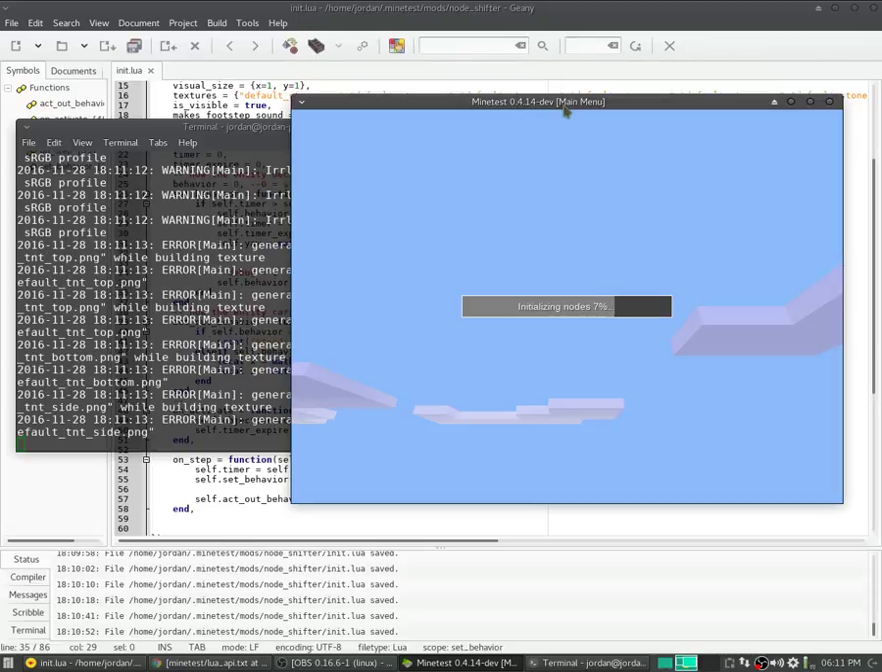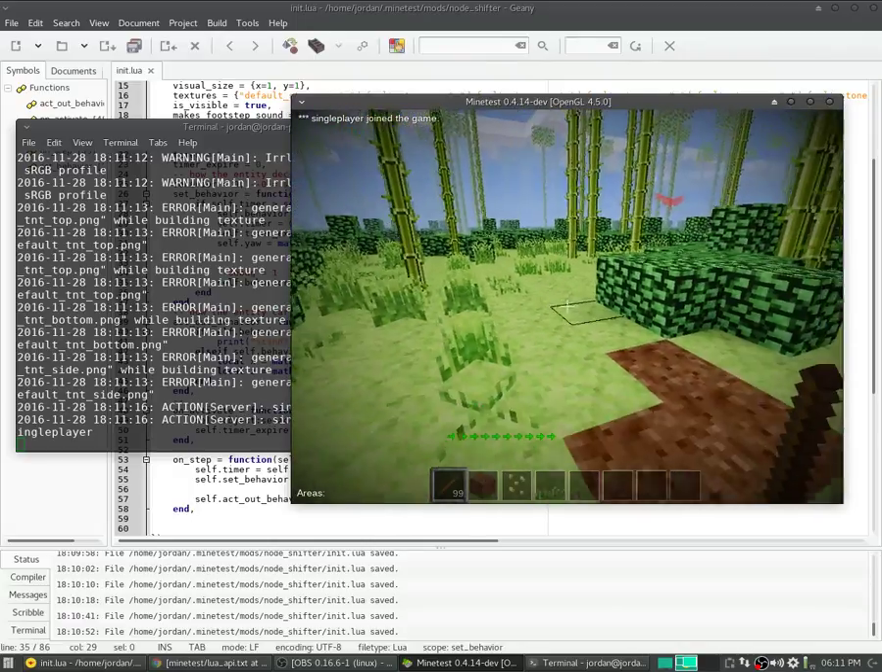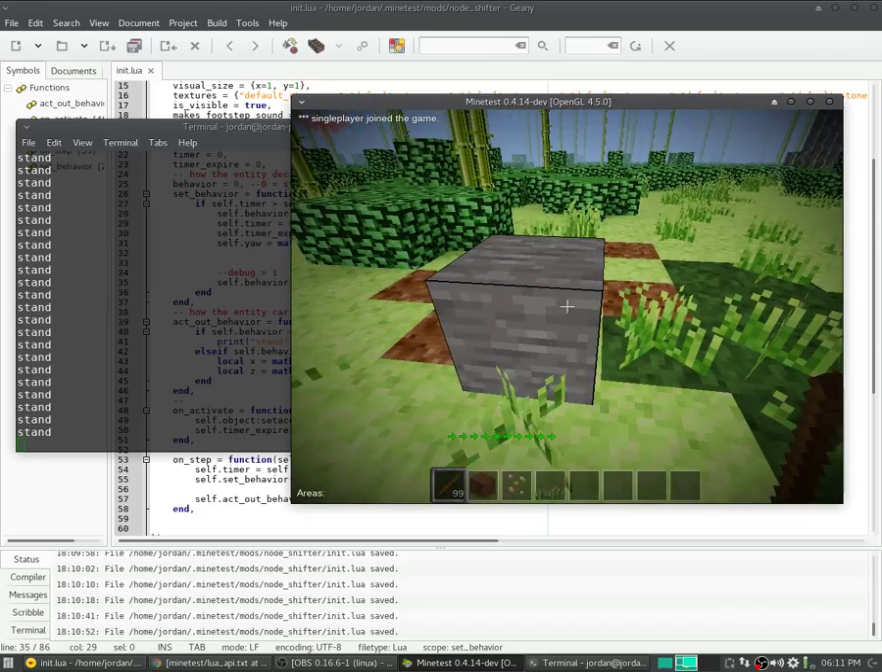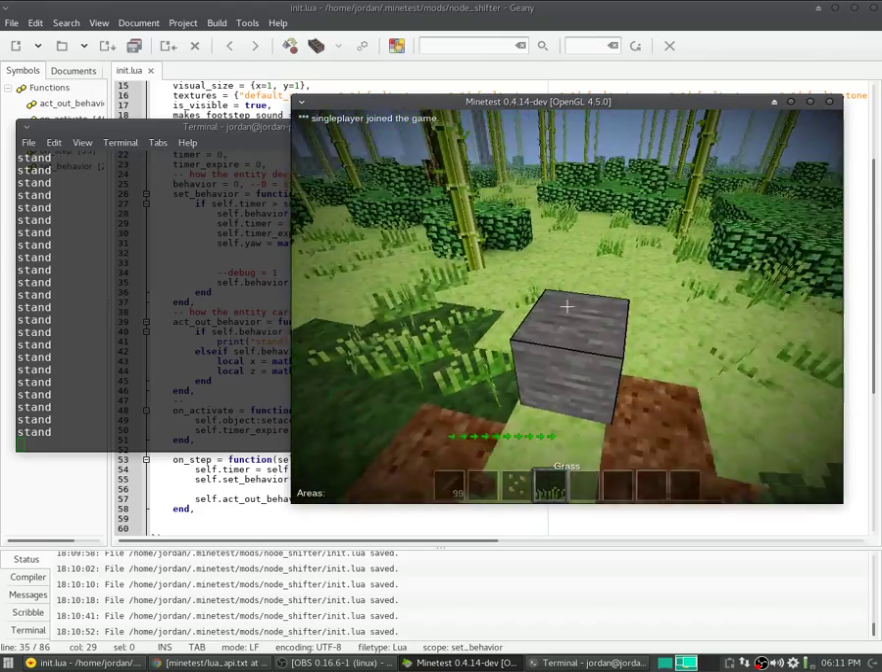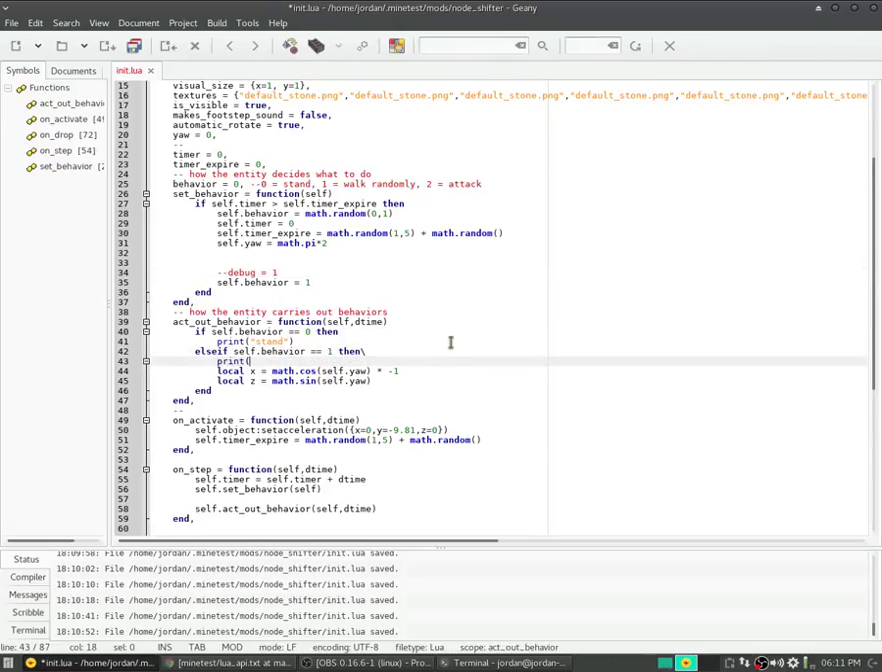And I'm not expecting anything great out of this mod, I'm just doing it to show as an example how to make basic mobs. Or mobs, or mods, or whatever you want to call it. So let's see, stand. That's great. And what I can do is I can also print